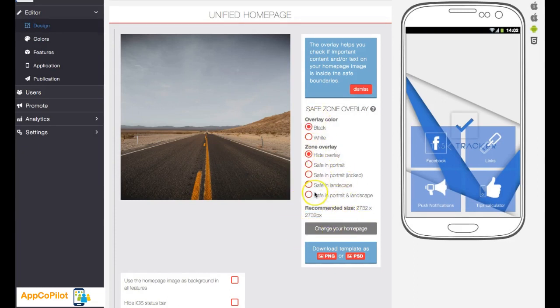Now, this looks very confusing, but it's very, very simple. This here shows you what the image will look like and what parts of the image will appear on different size phones and different portraits. So in portrait mode, that area would appear. In landscape mode, that area would appear. So I always click that, and I know that that part of the image will appear on both portrait and